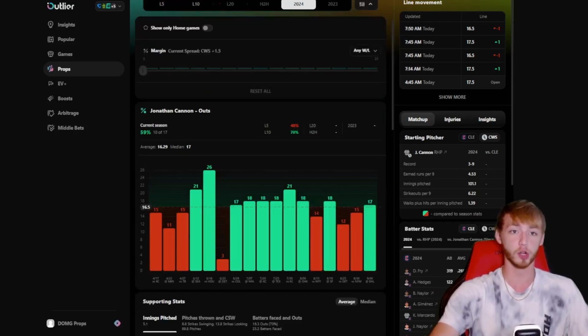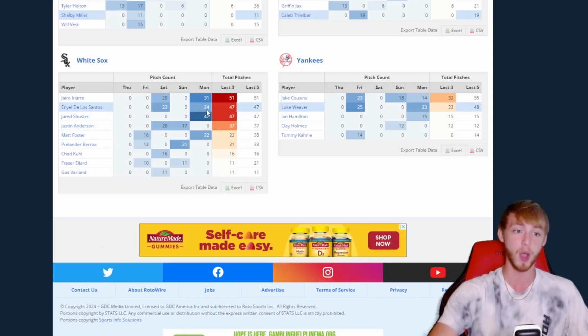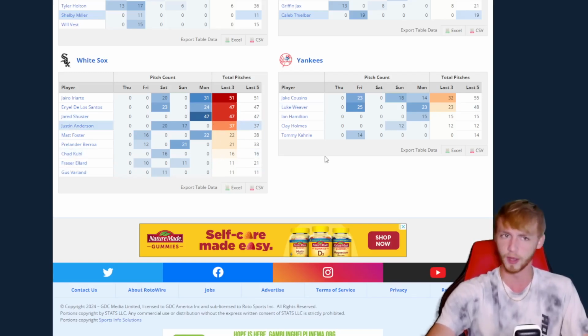Another thing I love about this over is that their bullpen is not in the greatest spot right now. They had to use 4 relievers yesterday, and they threw a ton of pitches. They only have 2 players in their bullpen who have not thrown in the last 2 days. They really do not want to use Barrera or Ellard here. They would just love to use Cool and Varland. They'll probably have to use someone as well. They might have to use one of those guys too, but I think we can get a good 6 innings